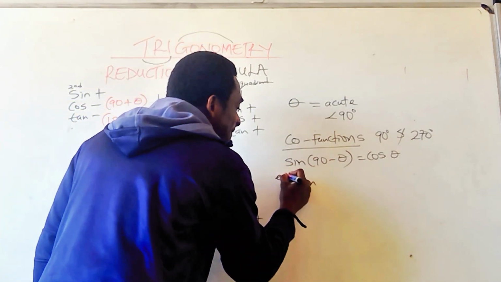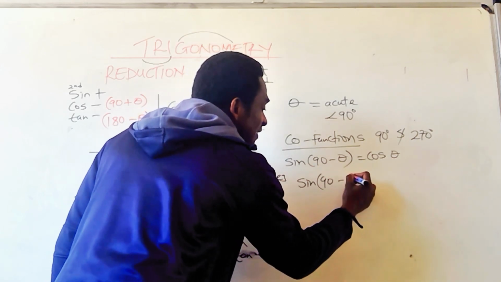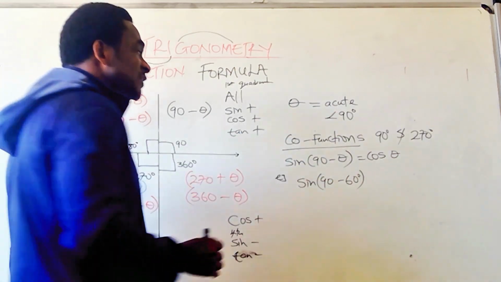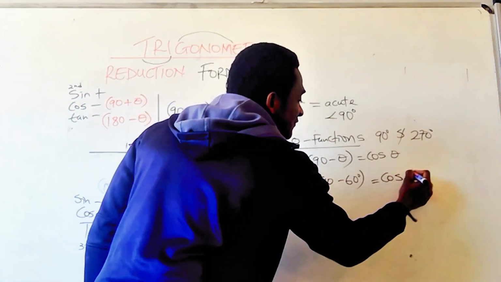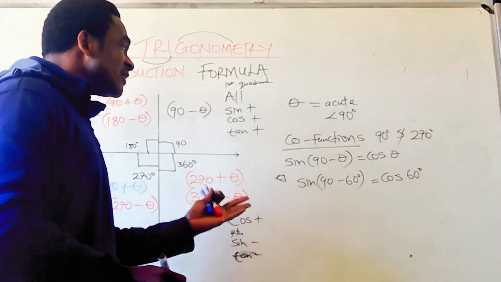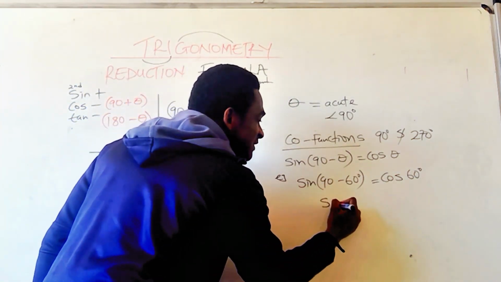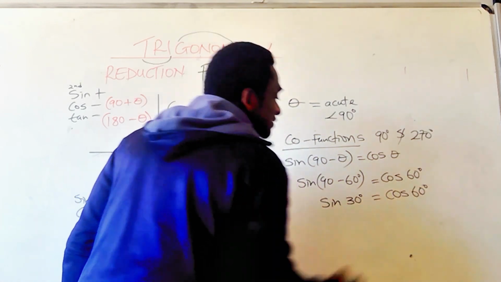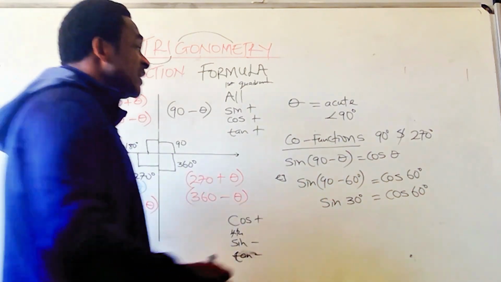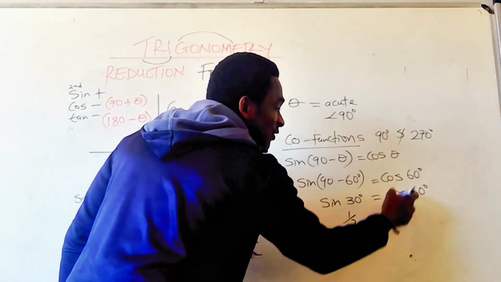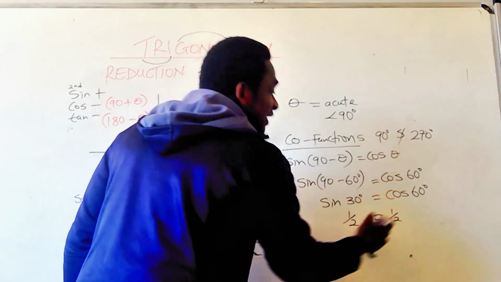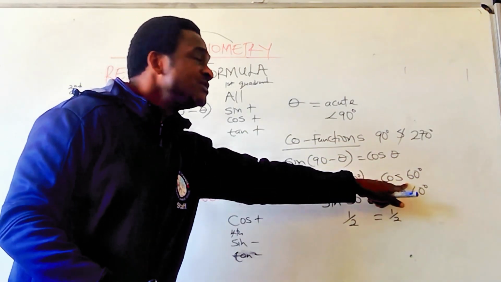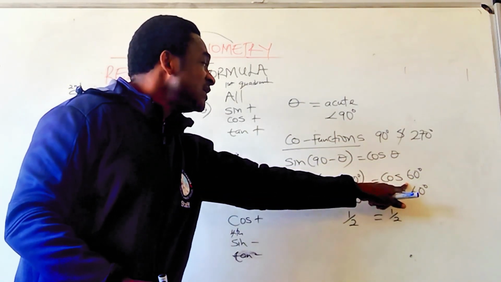Sine of 90 minus 60. We say it becomes the cofunction, so it becomes cos of 60 degrees. If we simplify, the sine of 90 minus 60 is sine of 30 degrees, and we say that it is equivalent to cos of 60. If you check properly, sine of 30 is a half, and cos of 60 is also a half, so it's equivalent. So the reduction formula helps us to get a reduced version of what we are dealing with instead of dealing